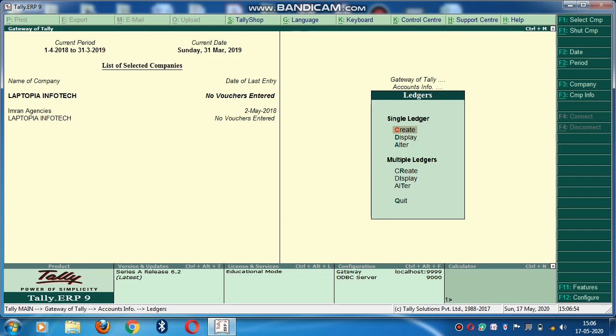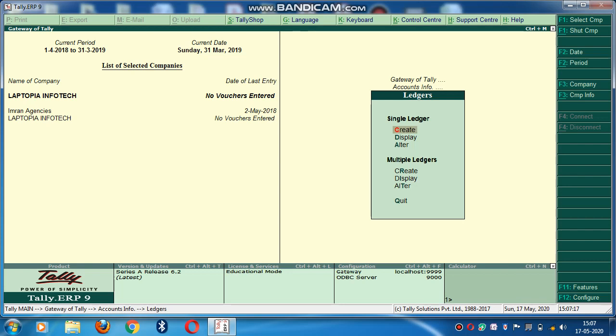Suppose I don't know how many ledgers will be created in the financial year. Right now I know I have to create only one or two or three ledgers, so I can go for single ledger creation.